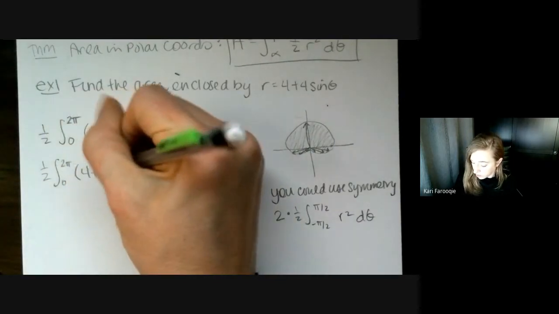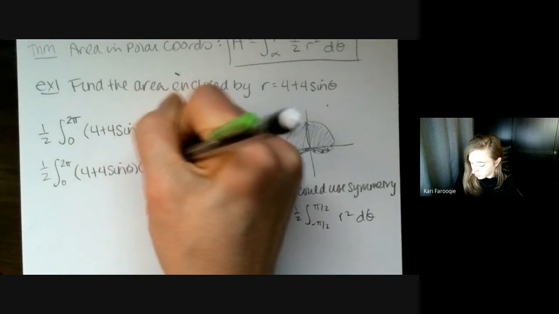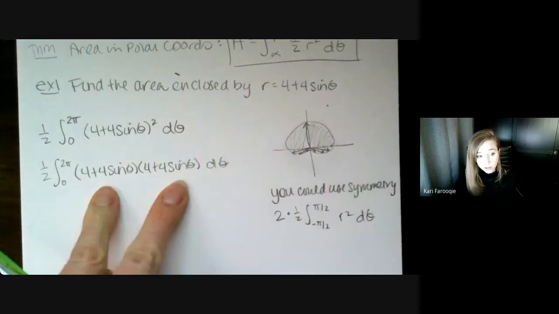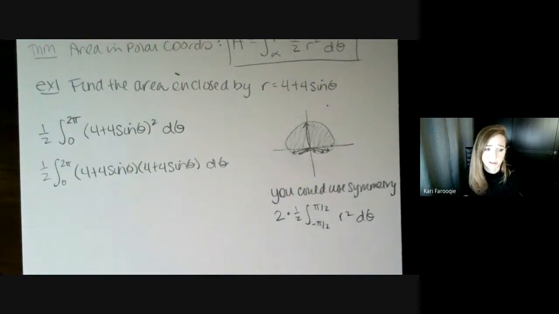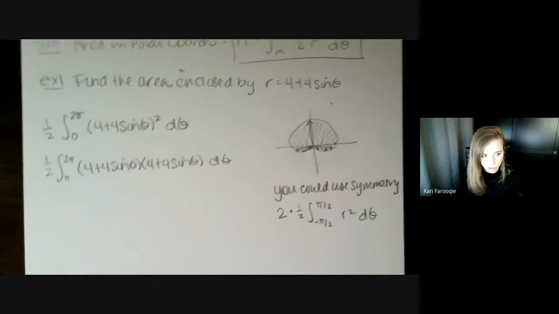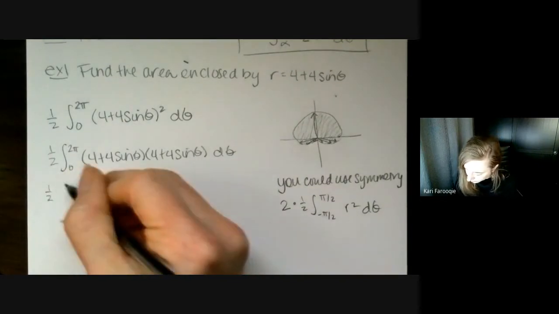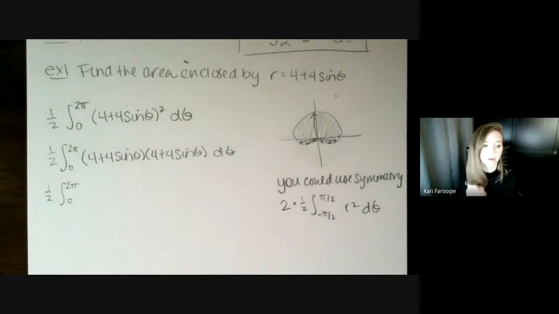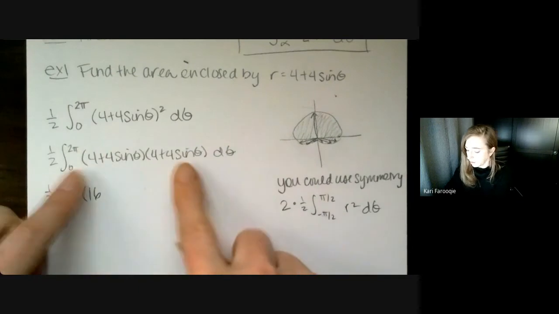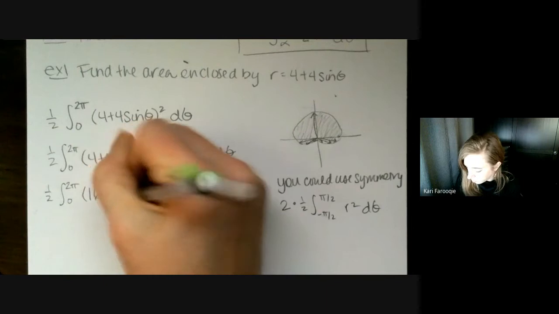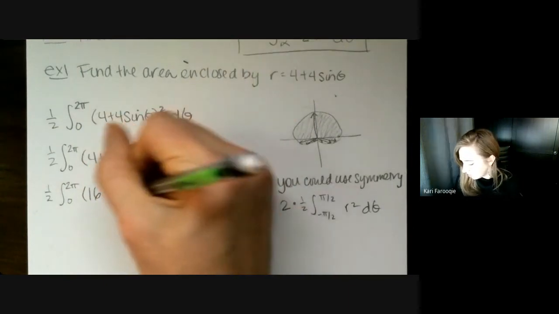And I'm even going to write that whole stuff out just because I want to make sure we all do it. Not everybody will need to actually write this out. Some of you can FOIL in your head. That's fine. Just make sure that you're actually multiplying both binomials out completely. And now you can start to simplify the integrand. So you'll have 16, and then plus 16 sine theta plus 16 sine theta gives you plus 32 sine theta.